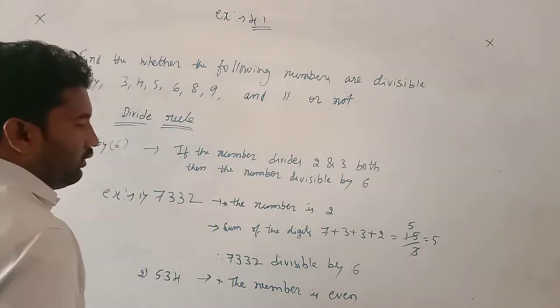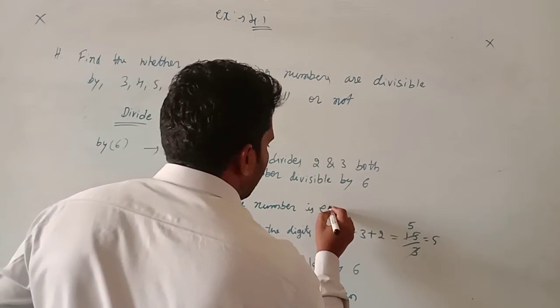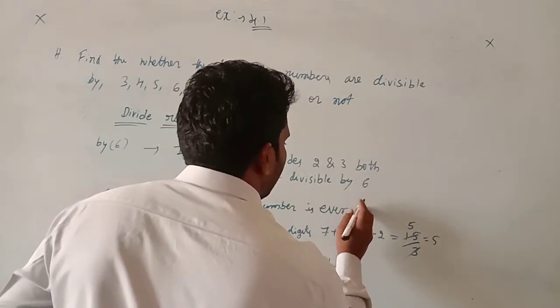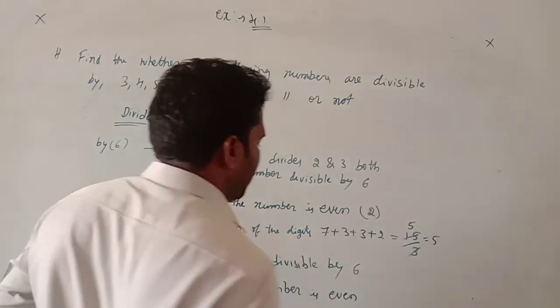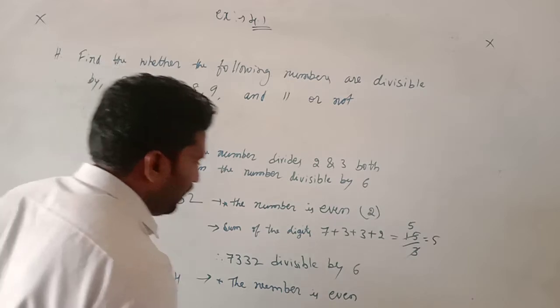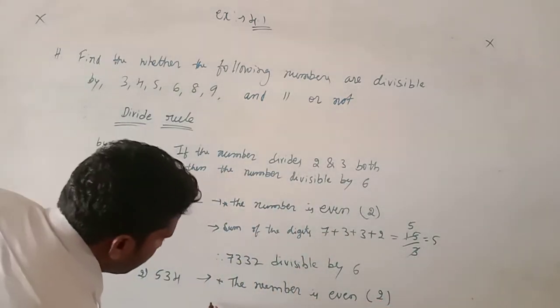Then it can divide by 2. So it can divide by 2. The number is even. Then 534 is divisible by 2. Okay, next